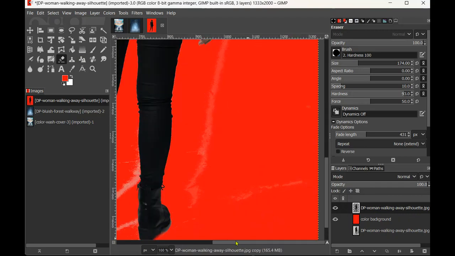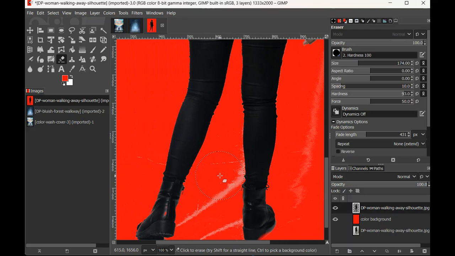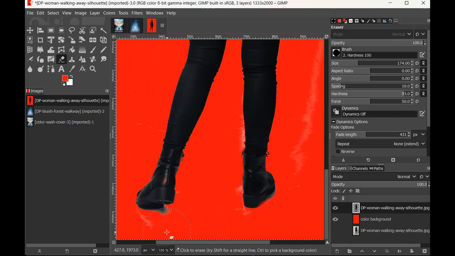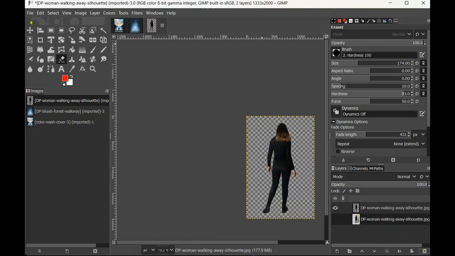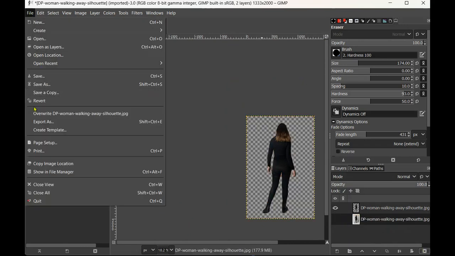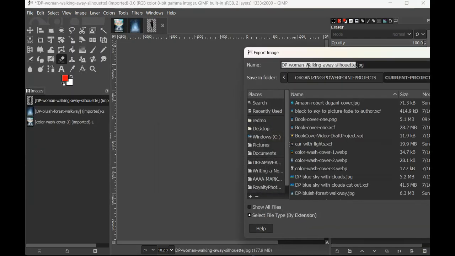Okay, and now when you're doing this for your cover, you're going to go in and be a lot more careful than I'm being right now. I don't want to take too much time and bore you too much, so I'm going quickly over this. Okay, I think that's good enough for our purposes. So I don't need this red background anymore, so I'm going to delete it. And then I'm going to export this, export as,